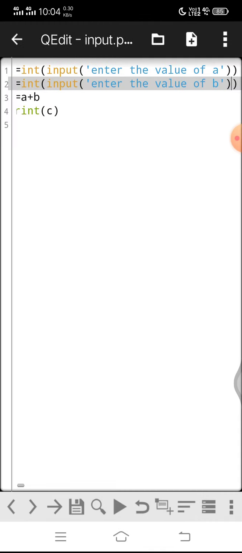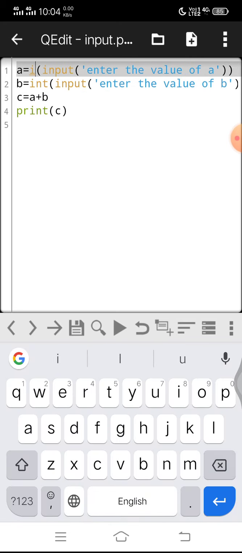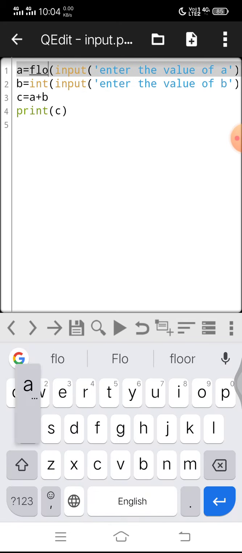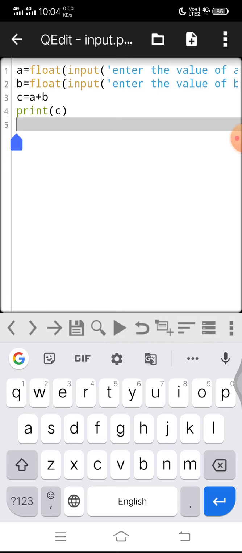Same is the case for floating point data. If I want to enter a and b as floating data type, then I need to write float in place of int. Again in place of b's int, it should be float. Now the values entered by us at runtime will be converted to floating data type.